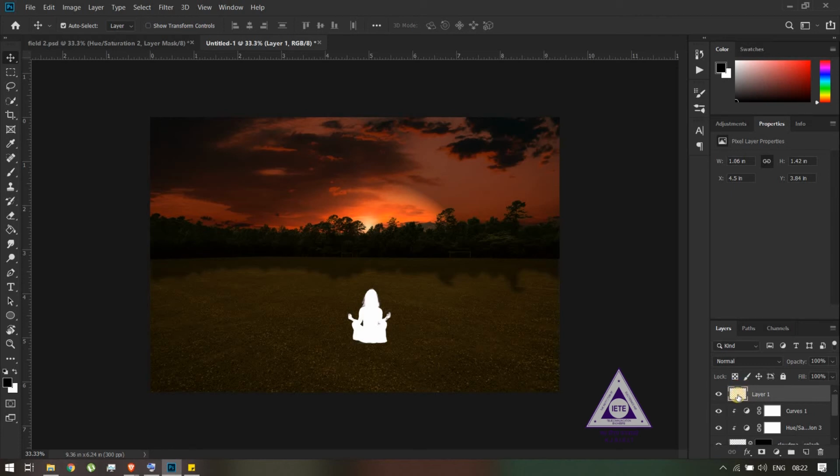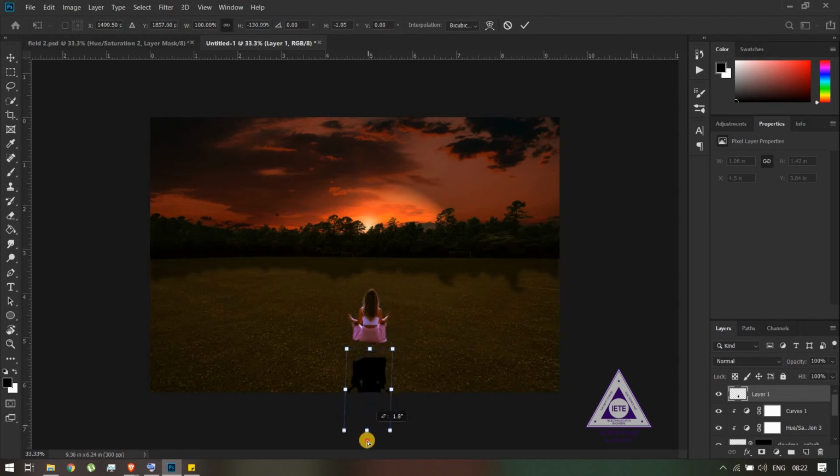Again, I'll select this layer of the shadow. I'll use the brush tool. I'll make the black color the foreground. I'll increase the opacity and the flow and I'll paint over it. I'll use Ctrl D to deselect. And now I'll transform this layer. So again, select the layer, Ctrl T to transform. Hold down Ctrl and Shift to skew the layer. And I'll move it around a bit. Here maybe.